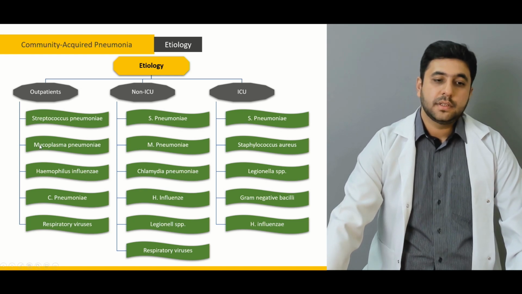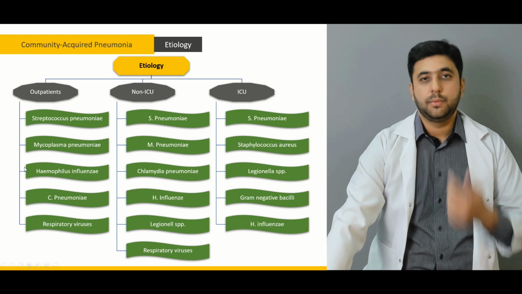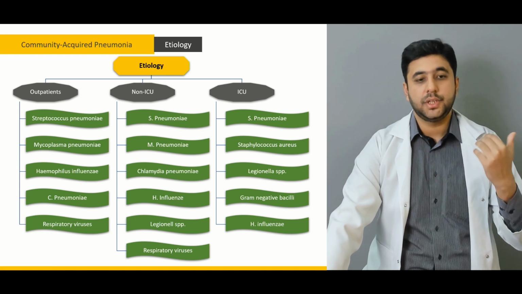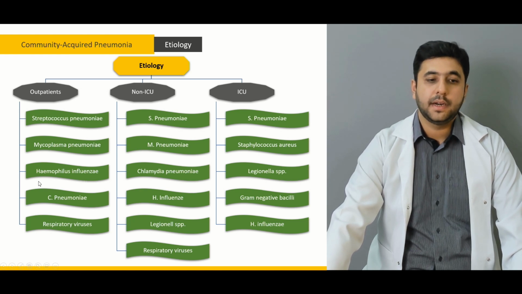As far as the outpatients are concerned, after the Streptococcus pneumonia, we have the Mycoplasma pneumonia, which causes an atypical or the interstitial pneumonia, as I described initially. Number three is the Haemophilus influenza. Haemophilus influenza used to be a very common cause of pneumonia, but now, thankfully, because of the advent of the vaccine for the Haemophilus influenza,